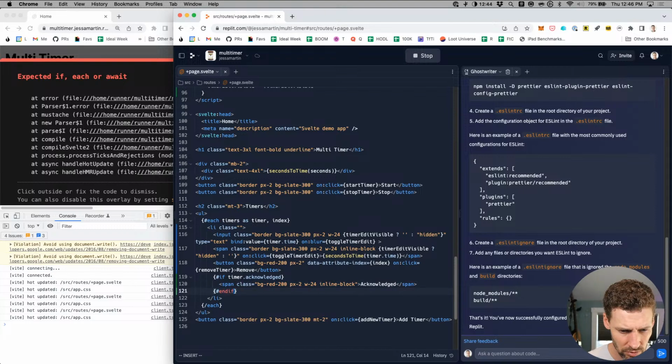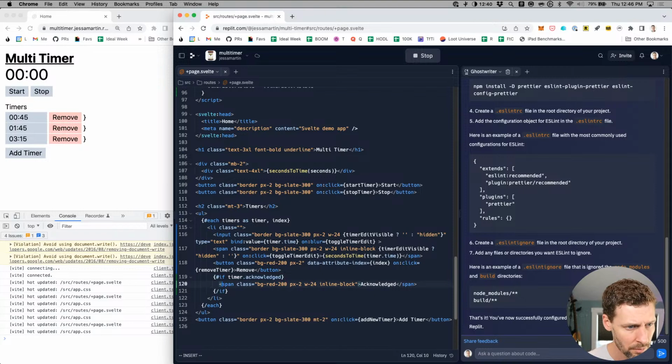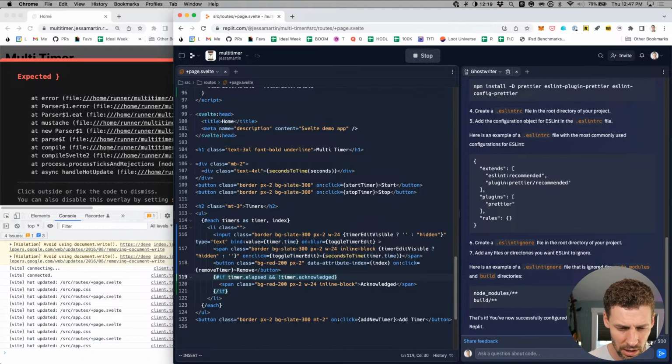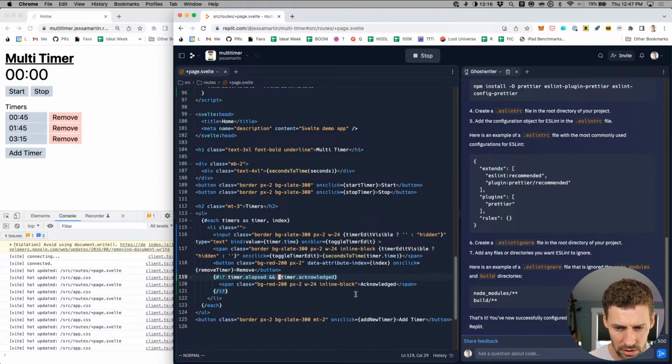Is it end if? Oh, it's a slash if. Okay. Cool. Okay, so we want if timer has elapsed and timer is not acknowledged, then show this thing, which we'll probably make into a button or something.